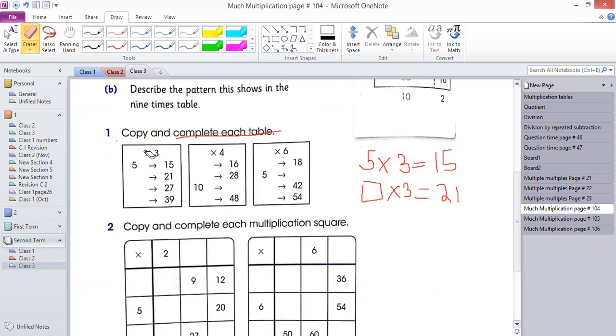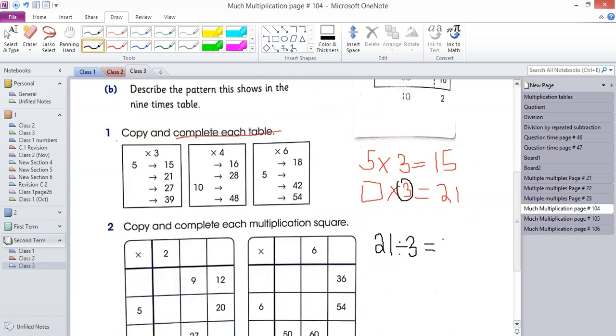So guys, each number is multiplied by 3 and their results are on the right side. If the first number is missing, then you need to check what you have to do. You know that 5 multiplied by 3 equals 15. This is already done. But you don't know dash multiplied by 3 equals 21. You don't know which number you multiply by 3 will give you 21. So the best way is to divide 21 by 3.